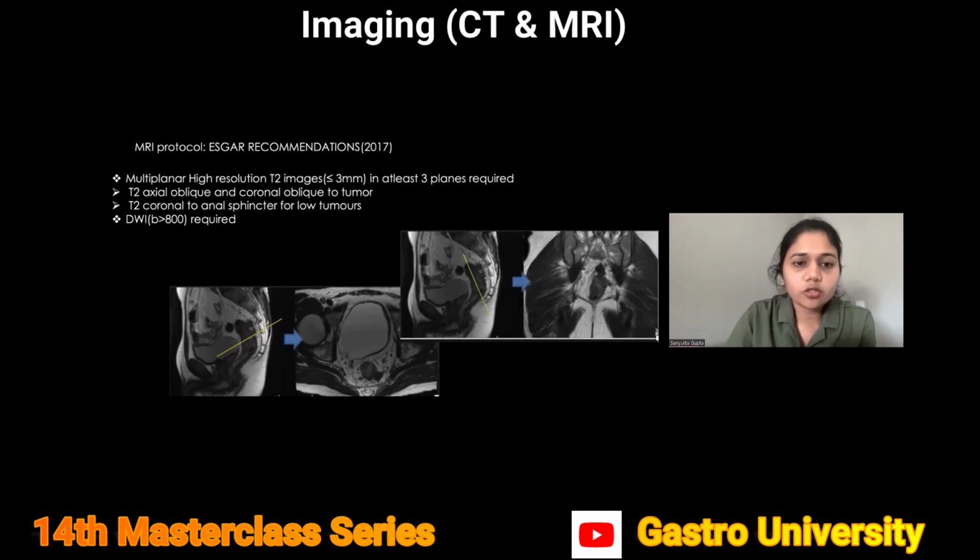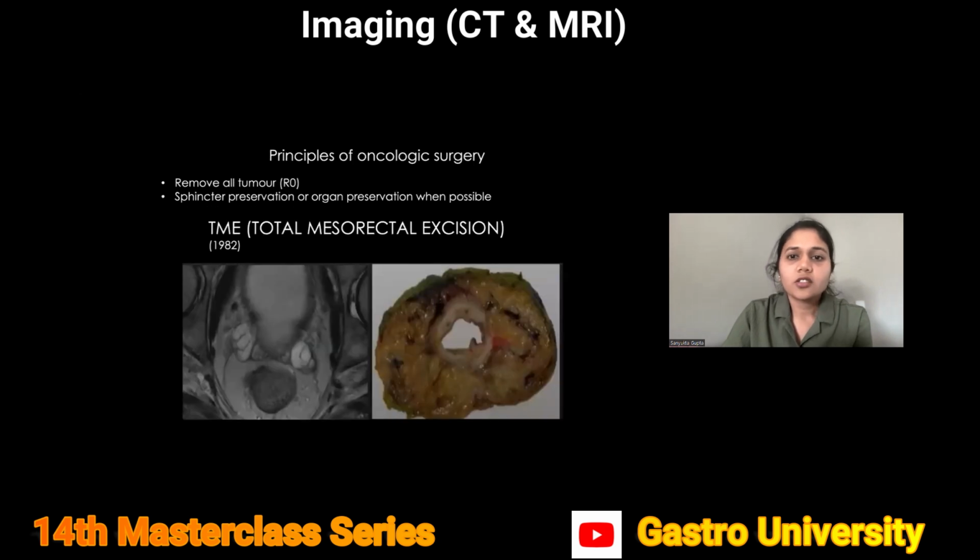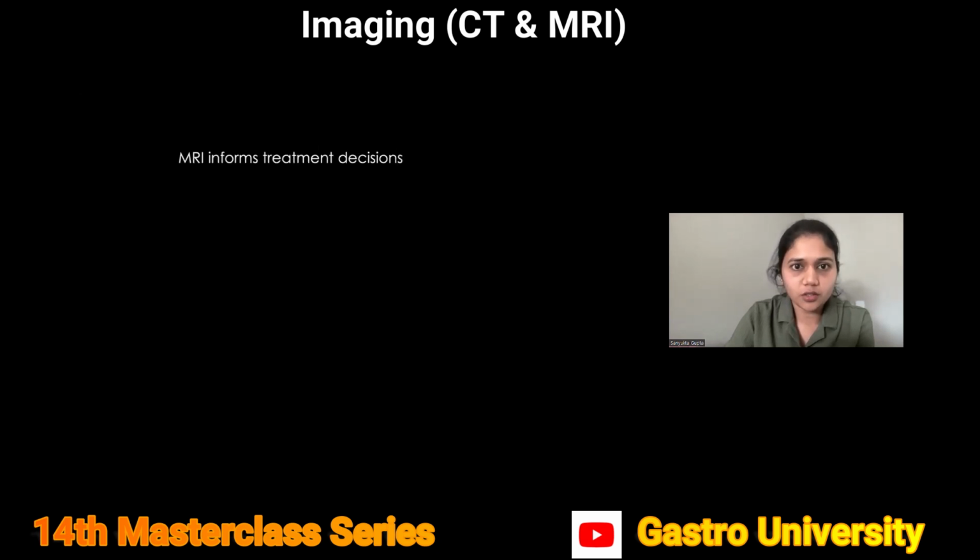Basically, I'll be talking about the T2 weighted images and the diffusion images. These are the mainstay in MRI in delineating the rectal anatomy. And preferably a 3 Tesla is preferred, and we use a phased array coil. So this, I think ma'am has already told in detail, and this is the mainstay of the surgical treatment, TME, or the total mesorectal excision. We'll be talking about the anatomy of the mesorectal fascia soon.